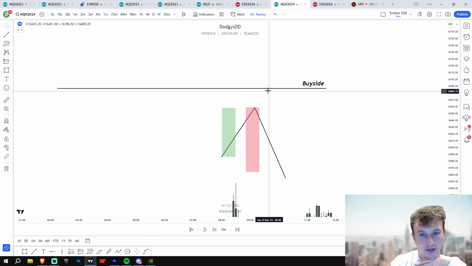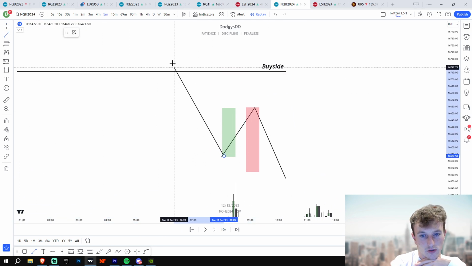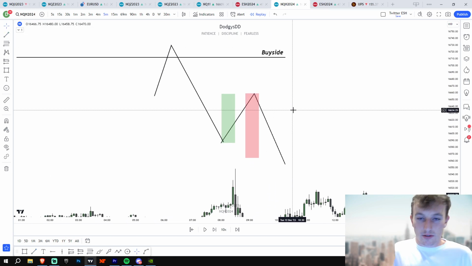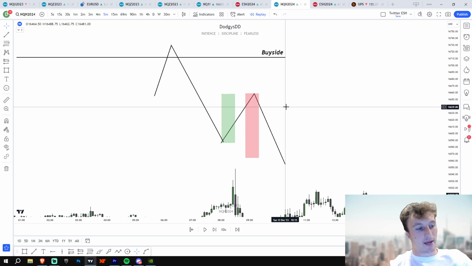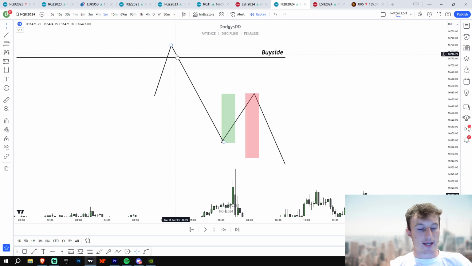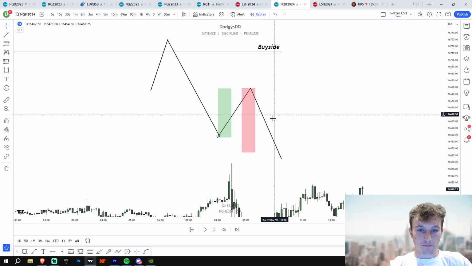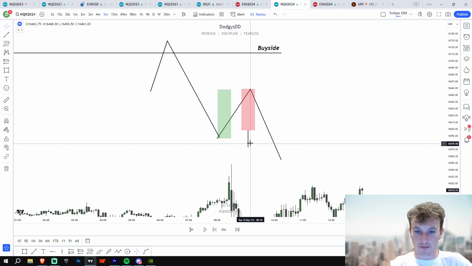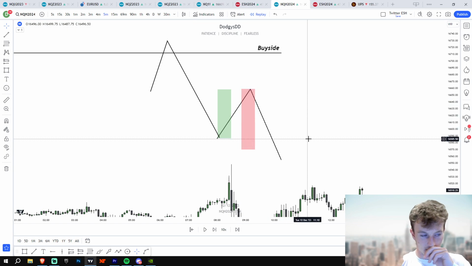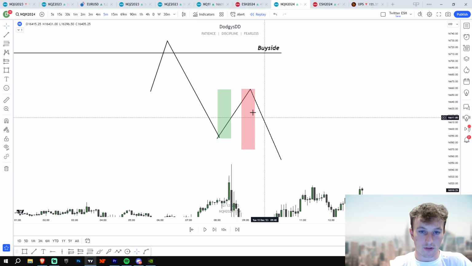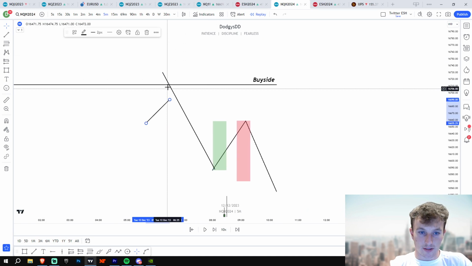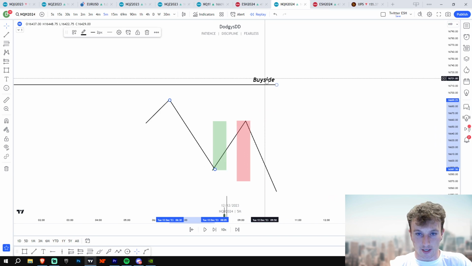We could have taken out buy side before, do something like this, and then we could have gotten the chain of state delivery here. So when you're looking for a chain of state delivery, make sure that the best ones are always going to take out buy side first. This is really the key here. And just remember, it's not a chain of state delivery if we wick below. We have to close below. Body means everything. This is the best case scenario. If something like this happens, I don't trust it as much. We need to take some sort of liquidity out.